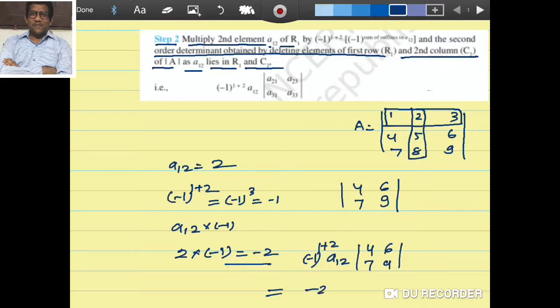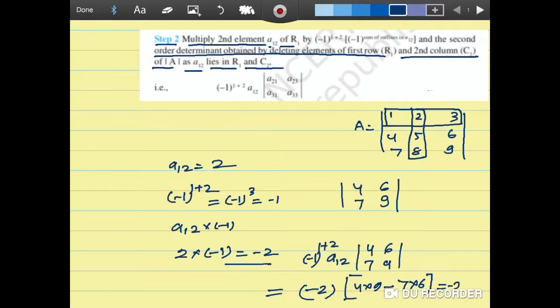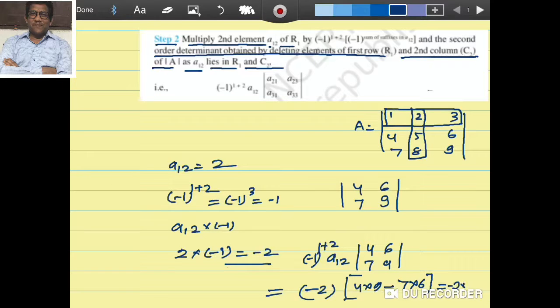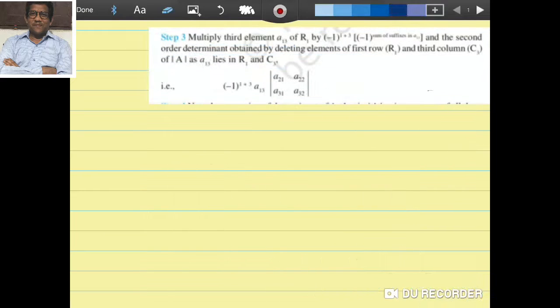Now multiply A12, minus 1 to the power 1 plus 2, with 4 7 6 9, that is we get here minus 2 into 4 into 9 minus 7 into 6, that is we get minus 2 into 36 minus 42, that is minus 2 into minus 6, that is 12. Step 3,